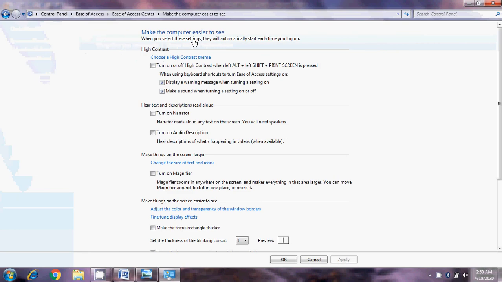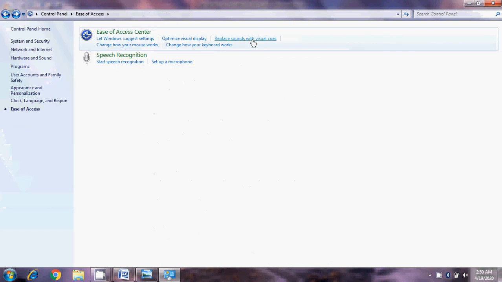This feature is used to customize the display of the desktop and is useful for persons having vision impairment like low vision, complete or partial blindness. The other one is replace sound with visual cues.